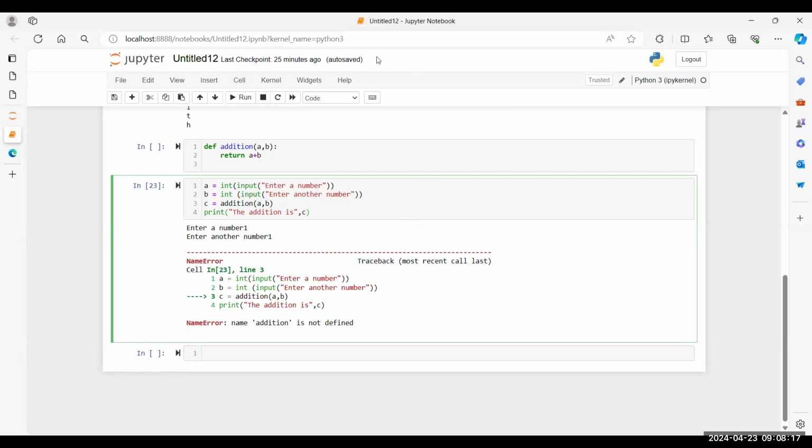Those two arguments go inside the function, and then there is a return. The return says just add A and B, because this is an addition we want to do. So just run this part,